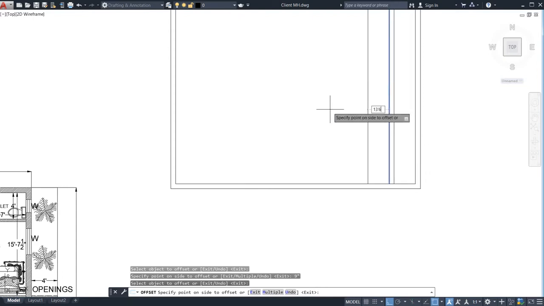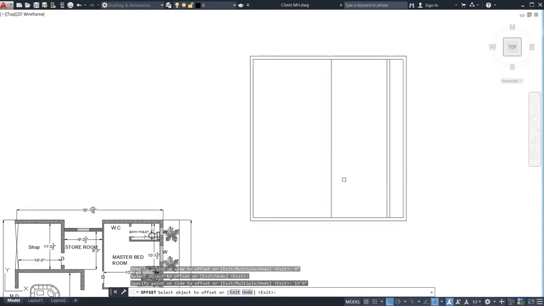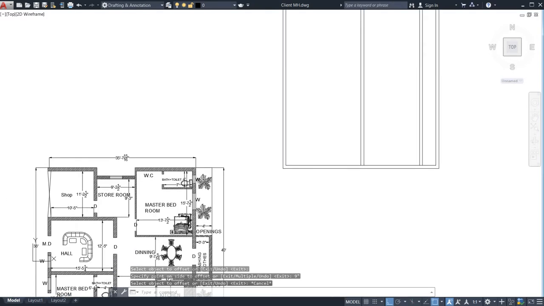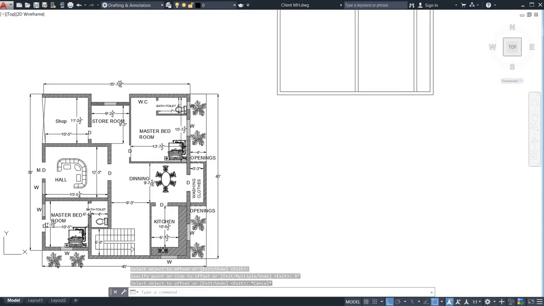13 feet 6 inches. See it here. Now again I need to go for the offset command, right? Just go for the offset command of 9 inches. Now go for the escape button. So you can see almost the work of this room has been done, but the size is not the